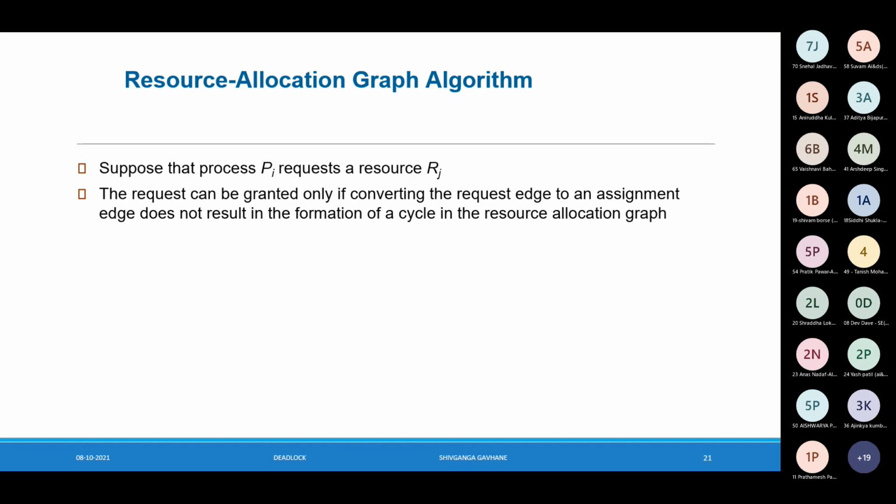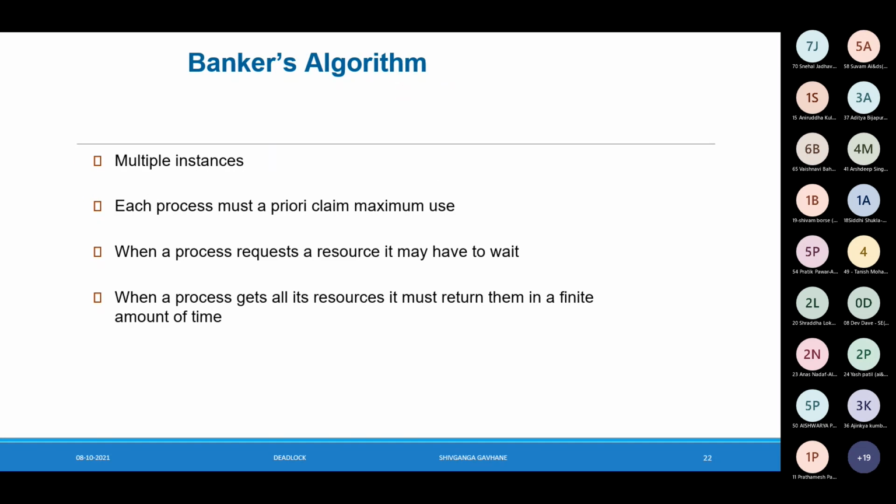Okay, now another type of system in which there are multiple instances of the same resource type. Some of the resources are having multiple instances. So in that system, the resource allocation graph will not help to identify whether the system is entering into the unsafe state or not. Because though there is a cycle, more than one dots है, मतलब more than one instances है, तो it can serve the request through other instance. मतलब printer के लिए अगर more than one printer is there, though there is a cycle which can be seen in the graph, but since it is having one more instance, that can be used to serve the request of another process. Okay, so इसलिए that algorithm, that is resource allocation graph algorithm, is not helpful for us